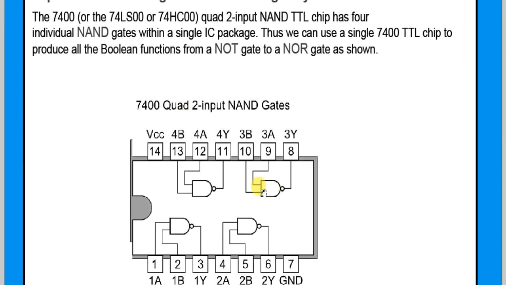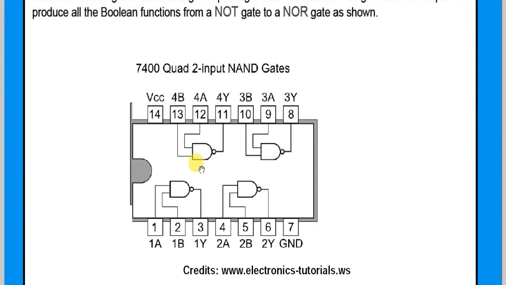This is a typical 14 pin IC, and you identify its pin numbers from 1 to 14 by the notch. From the top view, you take the notch and start from the left side of the notch. This is the first terminal, then 1, 2, 3, 4, 5, 6, 7. Then you continue after 7 with 8, 9, 10, 11, 12, and last the 14.